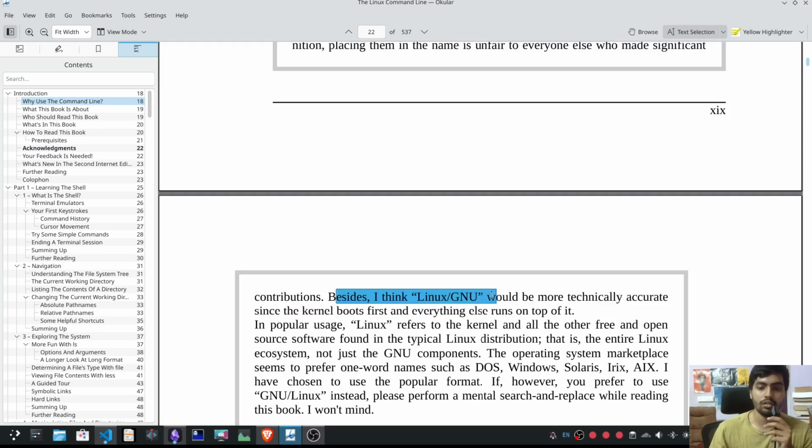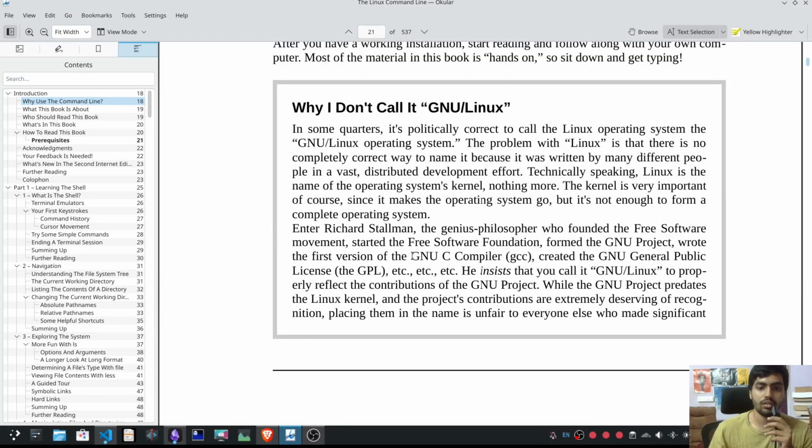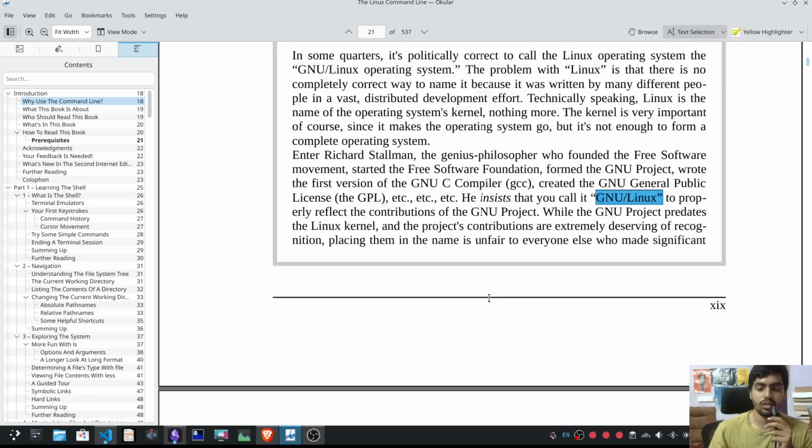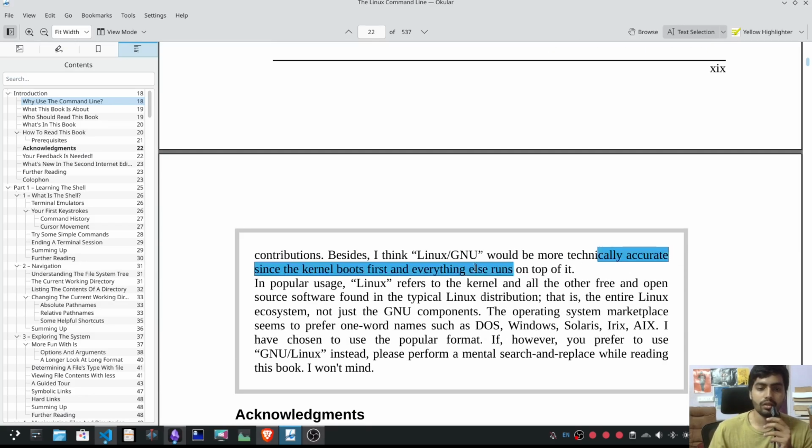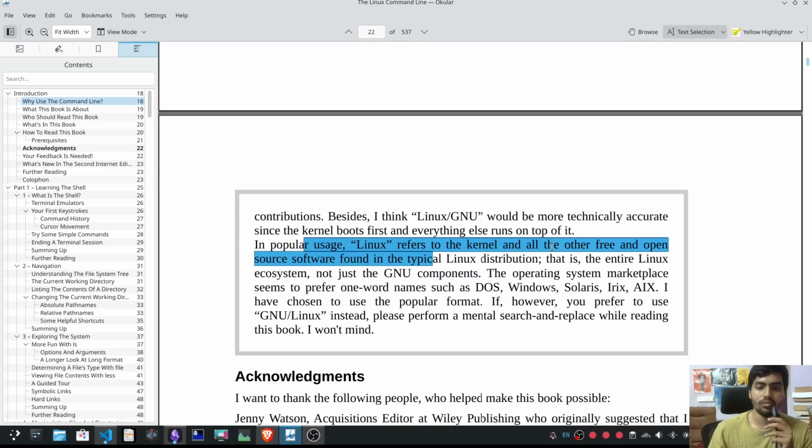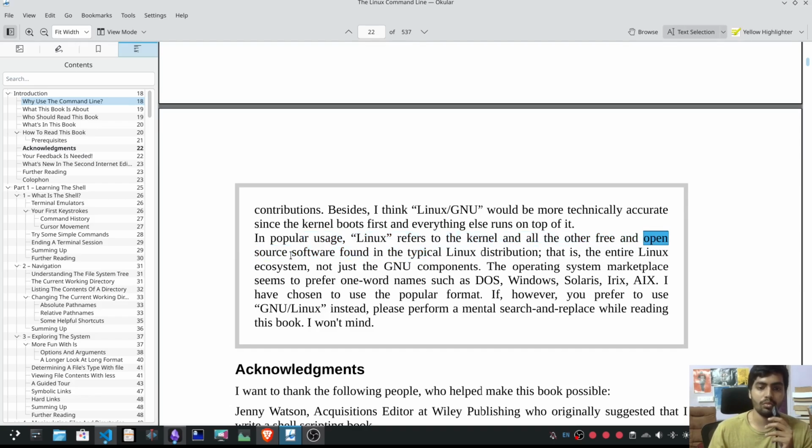Besides, I think Linux/GNU would be more technically accurate. Okay, Linux first, GNU next. Here it is GNU first and Linux second. Okay, Linux/GNU would be technically accurate since the kernel boots first and everything else runs on top of it. Cool. Yeah, because first the kernel will boot, right? Only then you have this GNU. In popular usage, Linux refers to the kernel and all the other free and open source software found in the typical